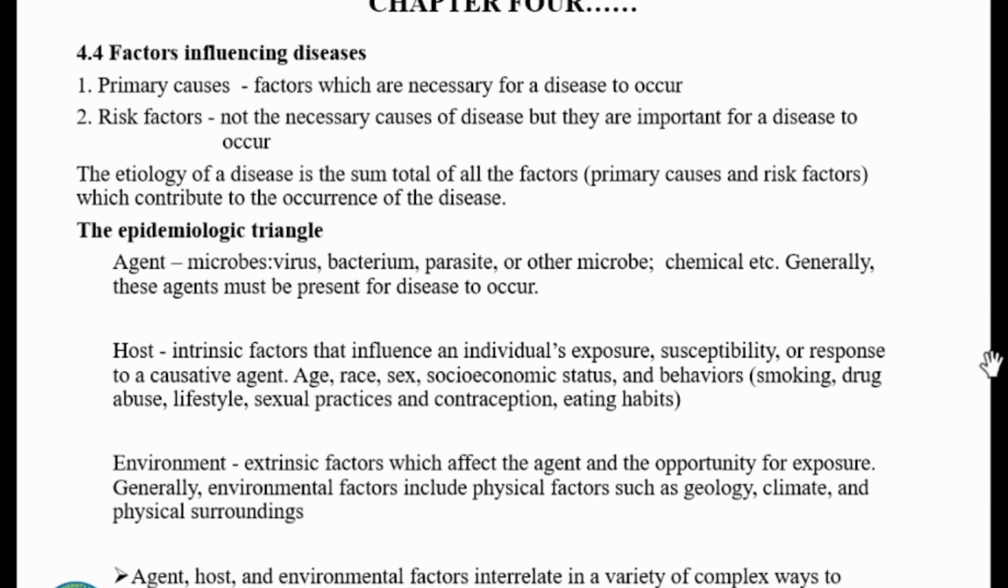But then we have environmental factors, and these are extrinsic factors which affect the agent and the opportunity for exposure. Generally, environmental factors include physical factors such as the climate, the geology, and physical surroundings, as I mentioned about stagnant water for breeding of mosquitoes. Agent, host, and environmental factors interrelate in a variety of complex ways to produce disease in